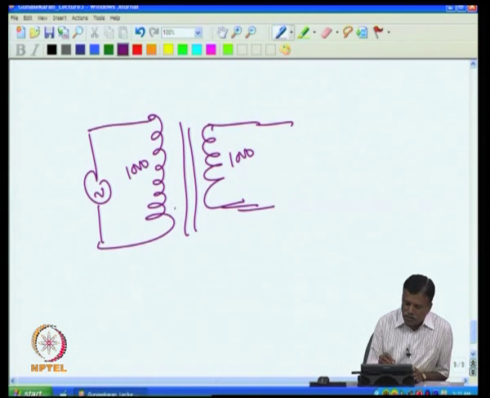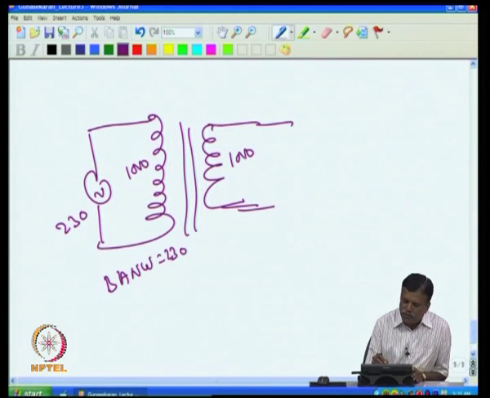And if I want a step down, say from 230 volt to 115 volt, then with 1000 turns here, arrived at n using this formula, B A 1 omega equal to 230. Using this we arrive at n for a given A, and then if a step down is required, I will reduce the secondary to 500 turns.